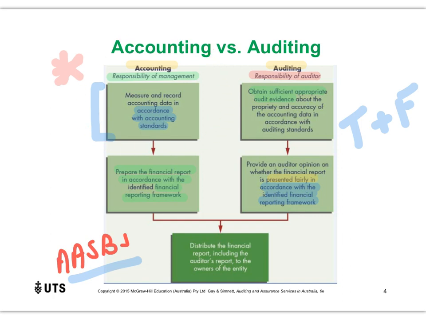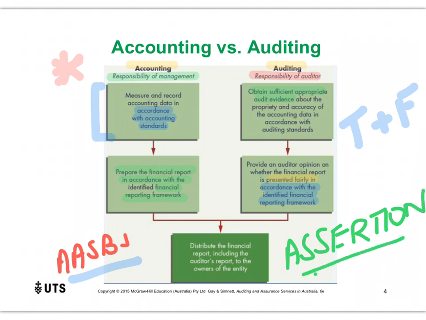Now we're going to be talking more about this in class regarding some of the key tools that we use in order to check whether management has been truthful or not. But a key term I would like you all to write down in your notes for now, and we'll talk more about this in class, that key term is assertions. Assertions. Okay? We use assertions to determine if management is indeed telling the truth or not. So as I said, we'll focus more on that in class.